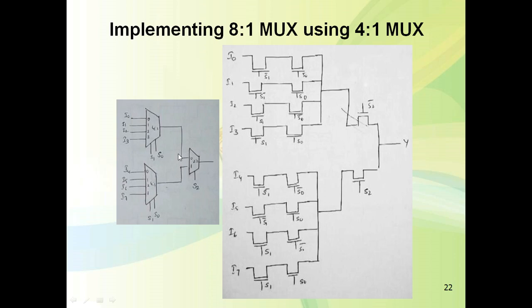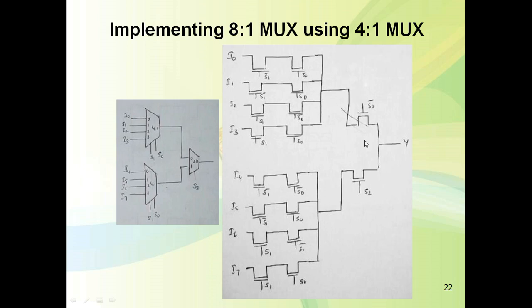Now this will be the highest MSB line, so S0, S1 and S2. If S2 is equal to 0, this mux will be selected. If S2 is equal to 1, the other mux will be selected, and according to that you will get the output.